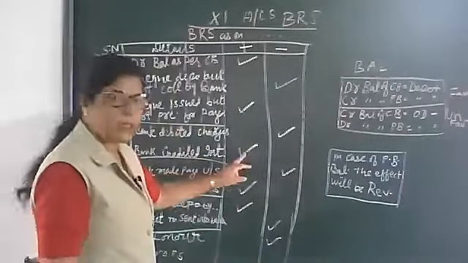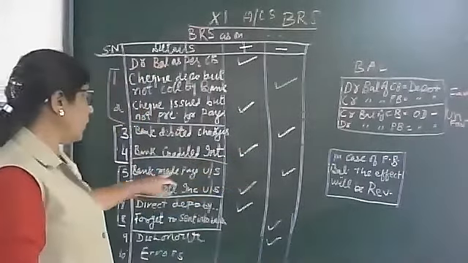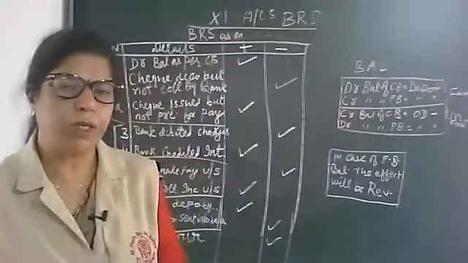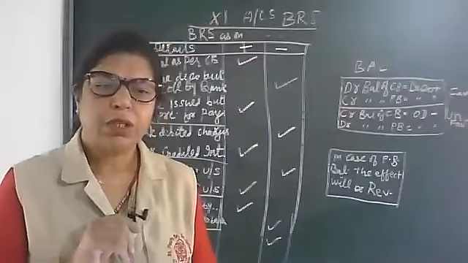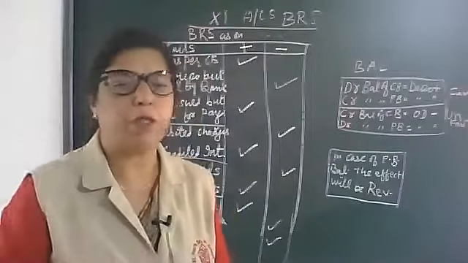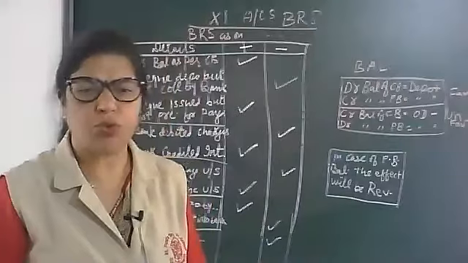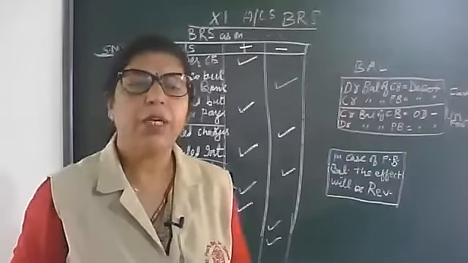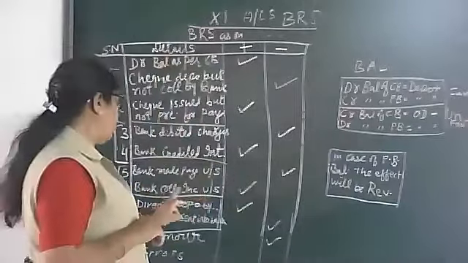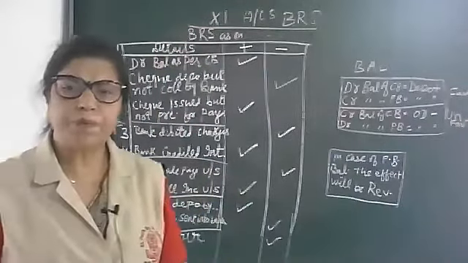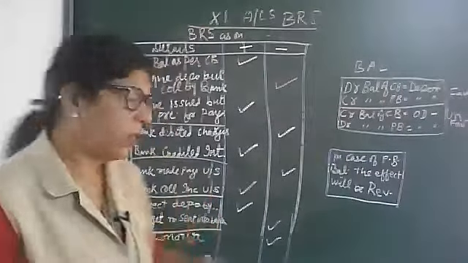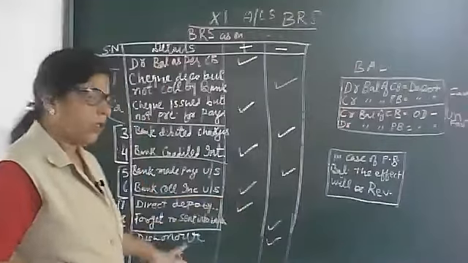That is added. Then bank made payment under standing order. You can discuss with your parents. Maybe they have given a standing order to the bank to pay the insurance premium, the school fee, the rent, the income tax. That will be subtracted. And bank collected income also, like my salary going into my bank account. That is plus.